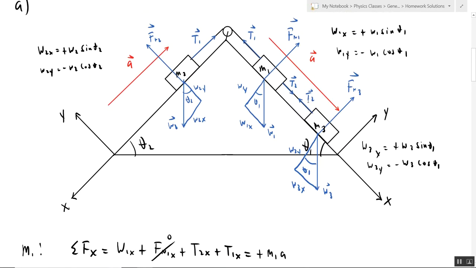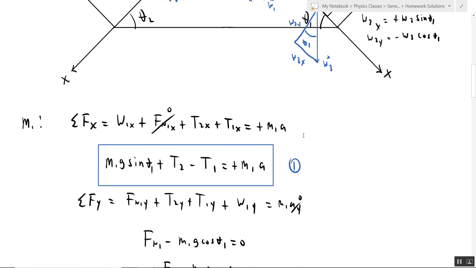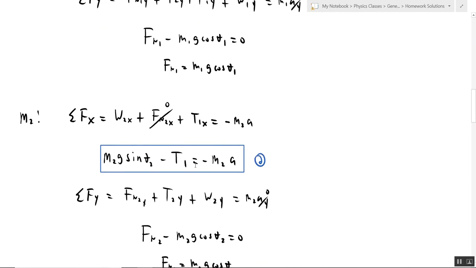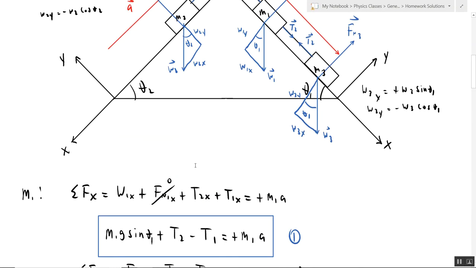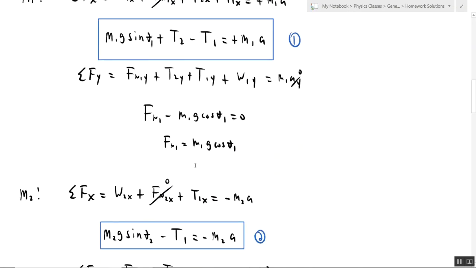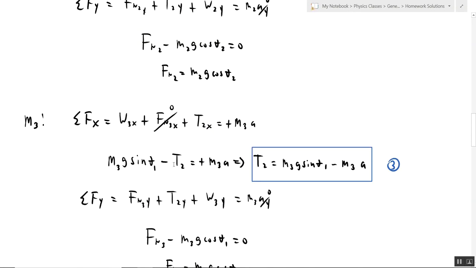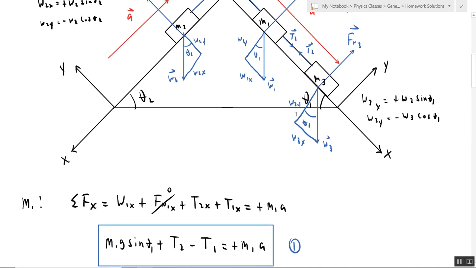So mass 2, the force acting on it is tension 2 going up in the x direction, I should say. So that's negative, and W3x is, of course, positive. Those are the only two things in the x direction. So you get W3 sine theta 1 minus T2, which is down here, sorry, this is mass 3,